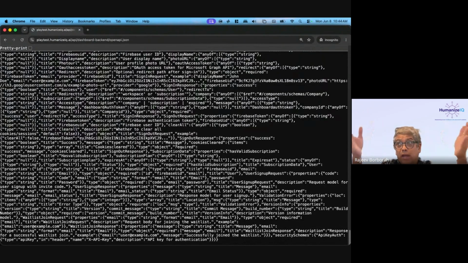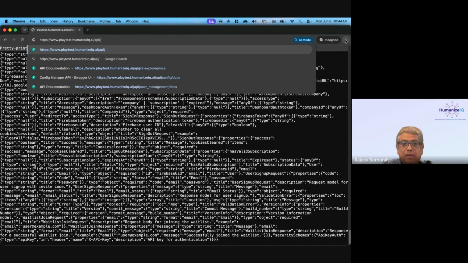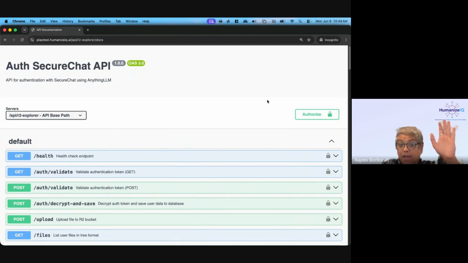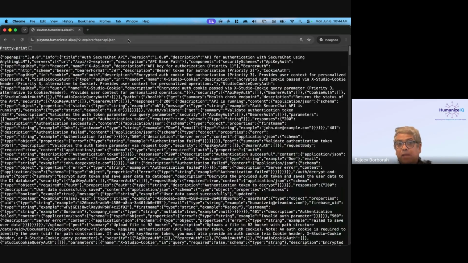So in the exercises that you did, either in Anubha's class or in the Explorer exercise I gave you, the Explorer exercise was that you need to provide an interface to manage your digital files and all of that stuff, right? So we have an API called Explorer. If I go to this API's Explorer docs, I'm not going to tell you how. I will show you the API development, but I'm not going to show you this. I want you to try this on your own. You will go to this URL and you will get the openapi.json. You can give this to your AI to integrate this into the real system.